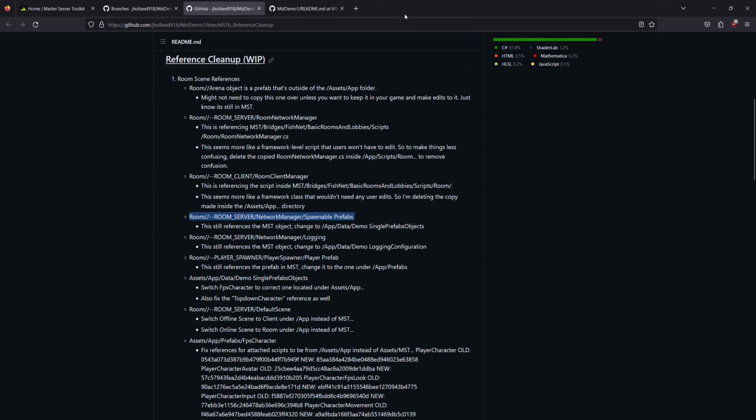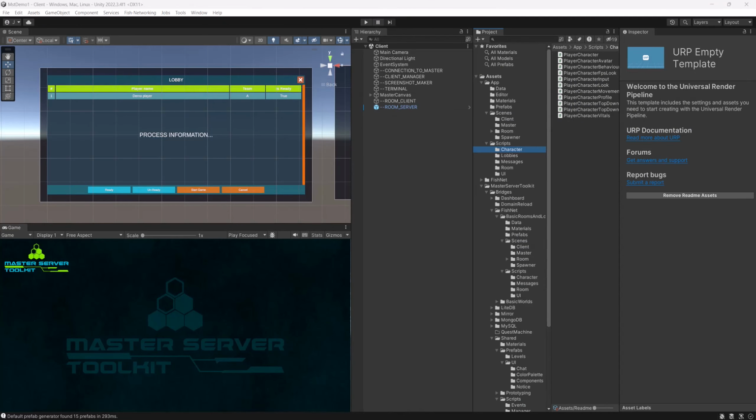I won't recreate what I did. I could try, but I think that would just be a chore, honestly. But basically, to just give an overview, if you open up the room scene,